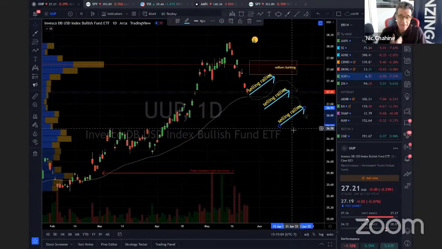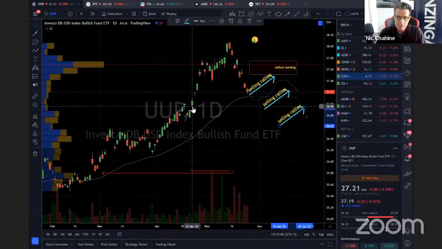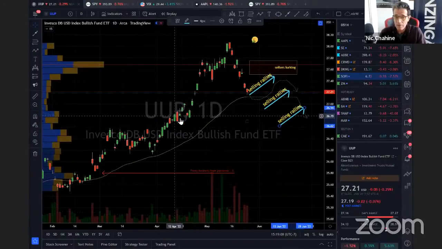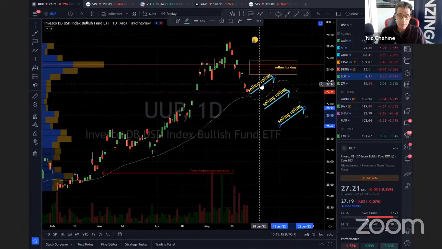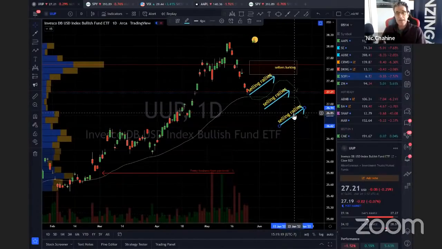So if I stayed short, I would be out here maybe. That's a good clump of support. I would definitely be out here. Look at that support. Yeah. But this is where you see, will the pops be sold and will they repeat the selling? So then the algos are going to start to build a descending channel.